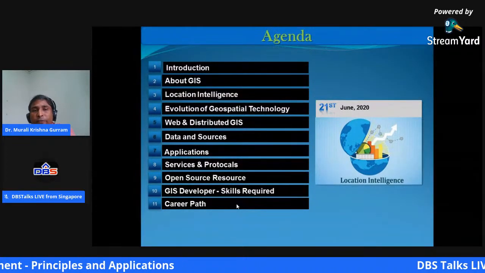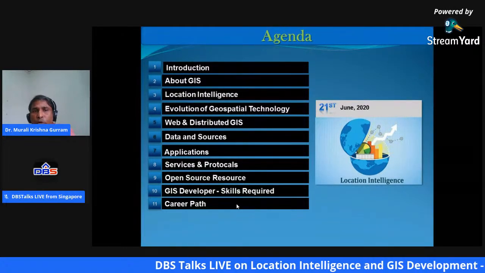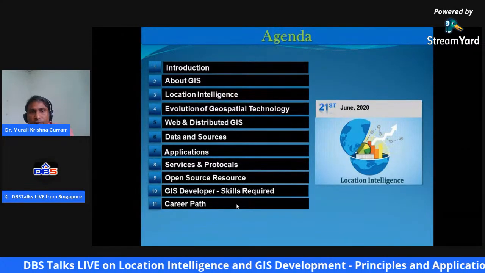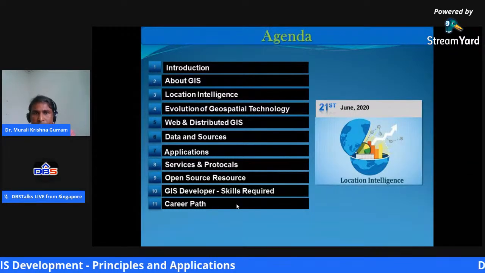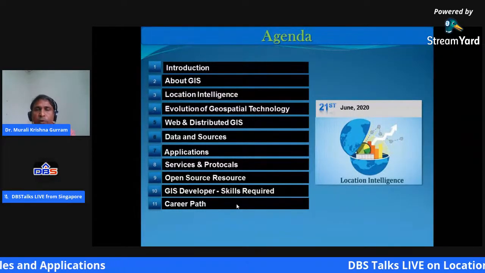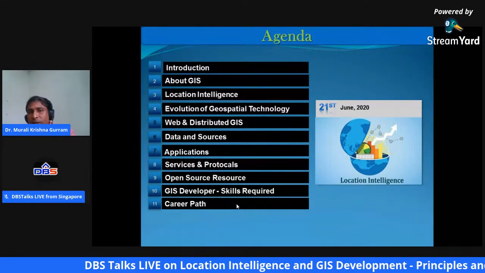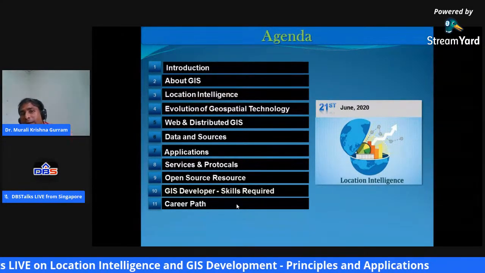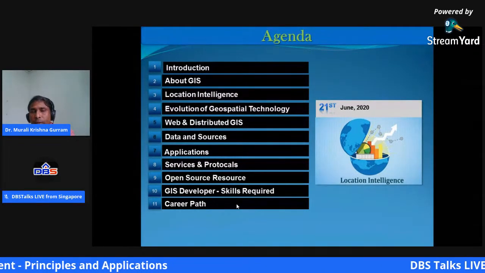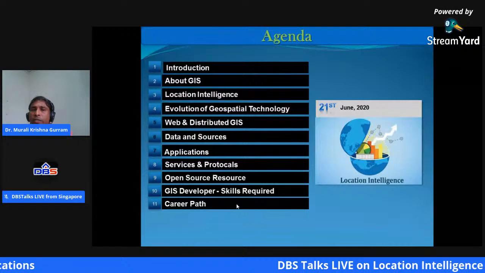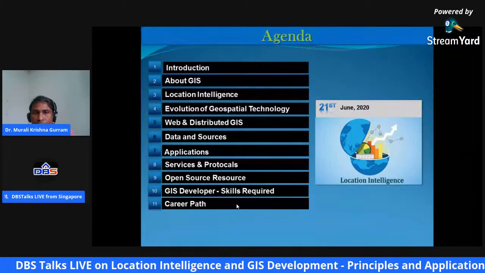If you have a look at my agenda, I'm going to talk on the introduction. I already gave you a brief introduction, and some of the slides also cover the introduction part. Afterwards, we are going to talk briefly about GIS, and why GIS actually. After that, how GIS transformed into location intelligence, and how it helped the evolution of geospatial technology, contributing to distributed and web GIS.